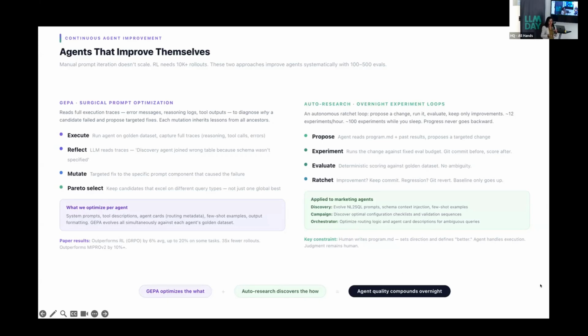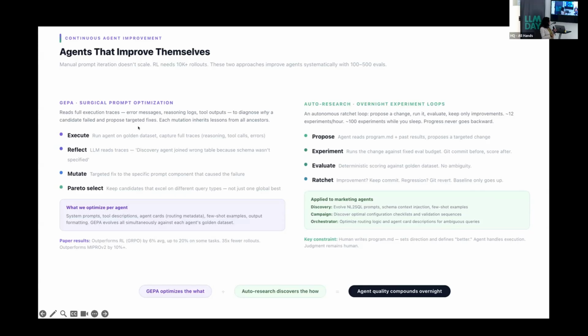AutoResearch, which has been making rounds for the past few weeks, I think. The original post by Karpathy was for building a machine learning model, and it had three files: the .md file, the train.py, and the prepare.py. The idea there was your agent goes in, there's a model, it modifies the parameters, runs an experiment, and gives the result for that experiment, and constantly keeps doing it throughout the night while you're asleep. Anything that leads to improvement is pushed into Git. Anything that does not lead to improvement is reverted. And when you wake up in the morning, you see all of this and you decide what to keep and what not to. In the agentic world, it is a little bit different.